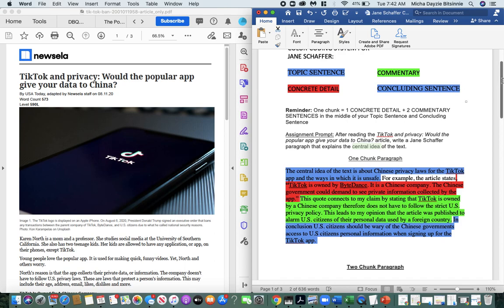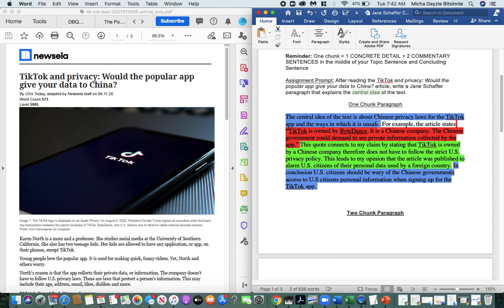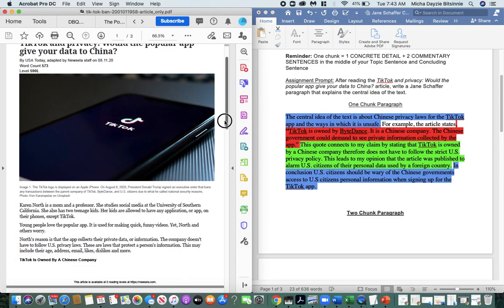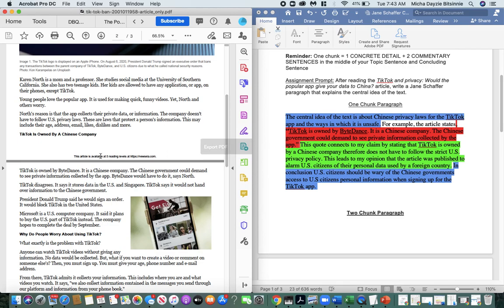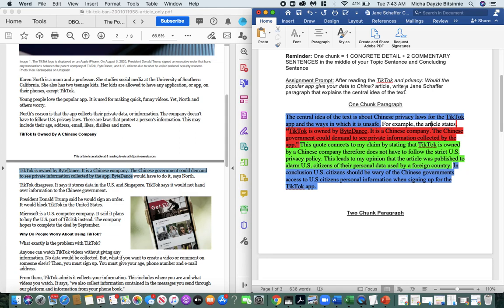Okay. And the next thing you need to do is grab a concrete detail. For example, the article states, and so this is from here. You get your concrete detail from the text, all right? Make sure you cite the article. You can say the article because it's only asking us to look at the one article, but if you had a different one, you would say on page 7 or in document D, and then you would quote here. All right, and there's your quote. We pull that from the TikTok article.